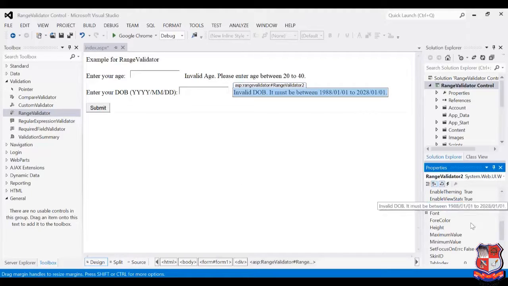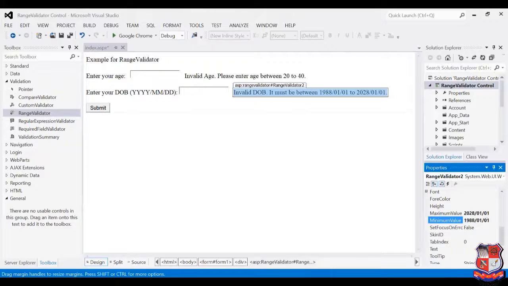Okay, then we have to set the ControlToValidate property, and we have to set txtDob. Next we have to set the minimum and maximum properties. For example, the maximum value is 2028-01-01. Then for the minimum, sorry, 1988-01-01.